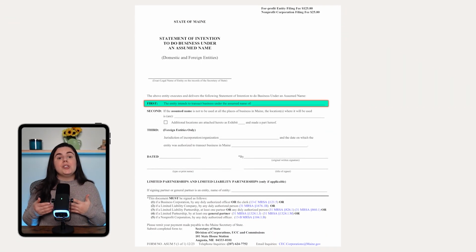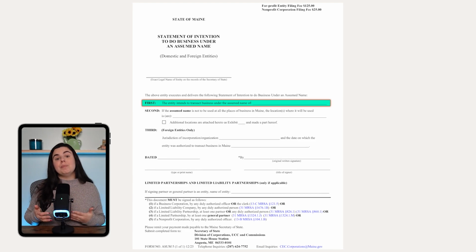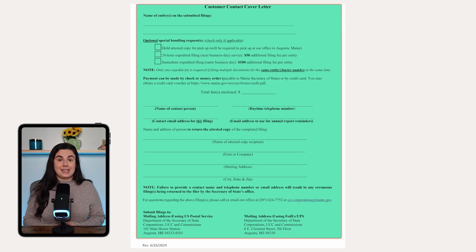Some of the questions you'll see on the application include the DBA or assumed business name you've chosen, the address of the business, and contact information for the business. The cost of the assumed name is $125, and like the other entities, they do not need to be renewed